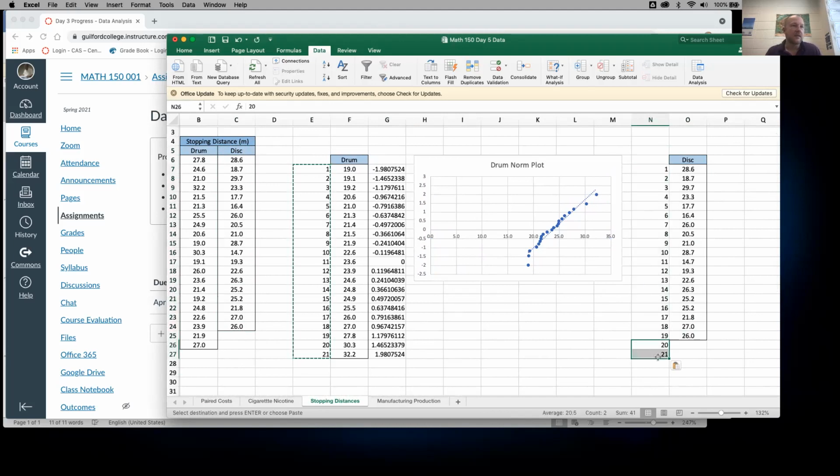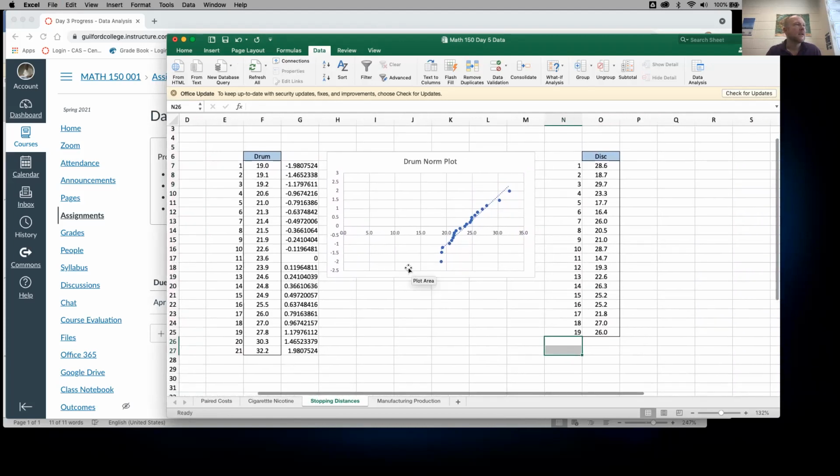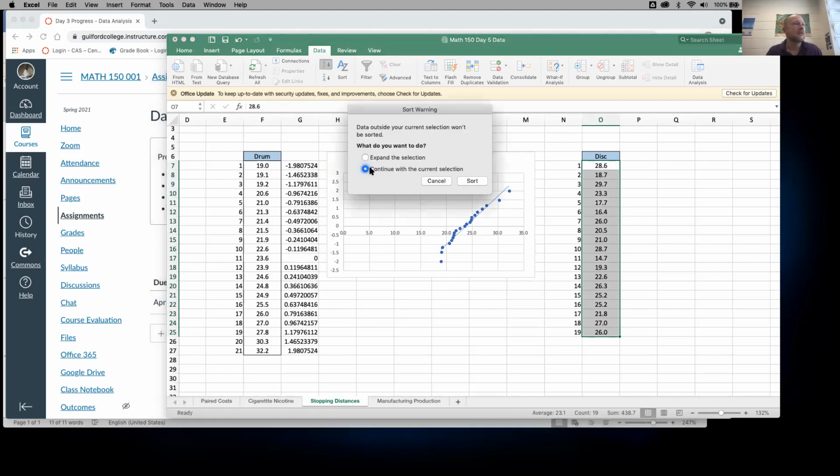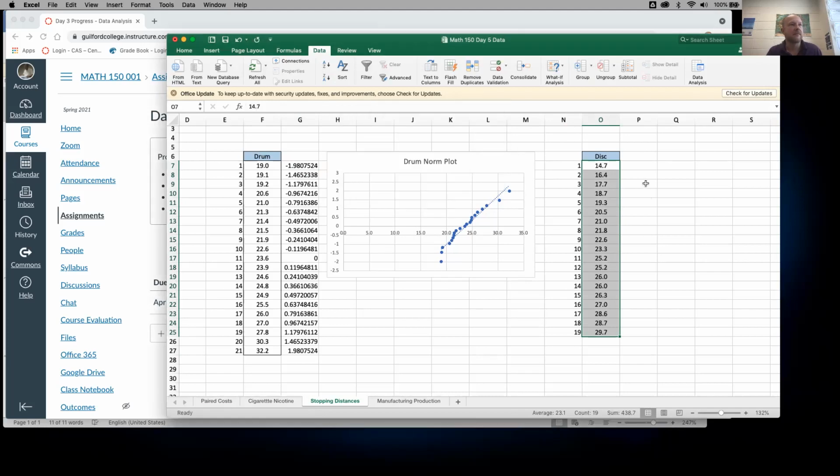And it looks like we have 19 of those instead of having 21. I'm going to copy the same formula. Except, you know what I'm going to do? I'm going to sort it this time, and continue with the current selection. All right. So I'm going to copy that formula